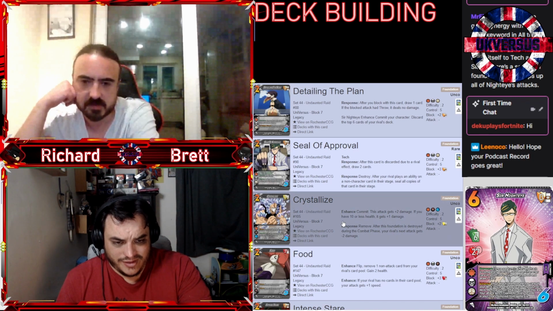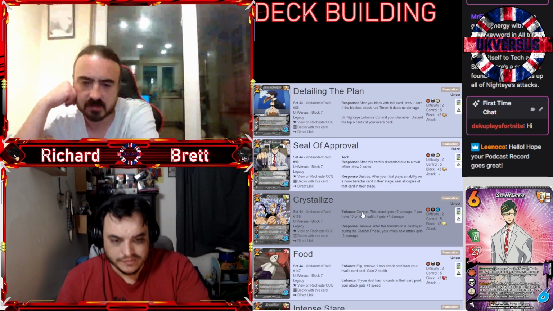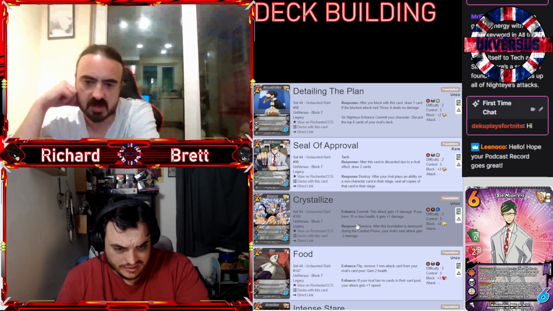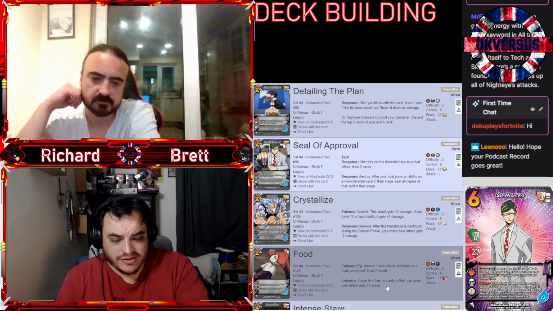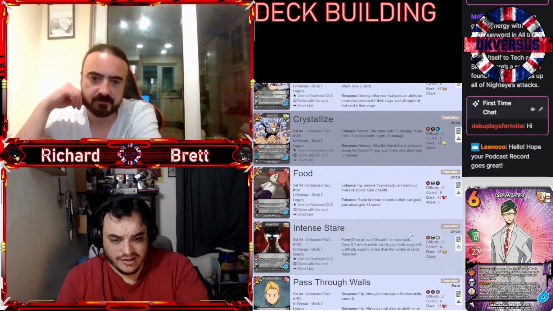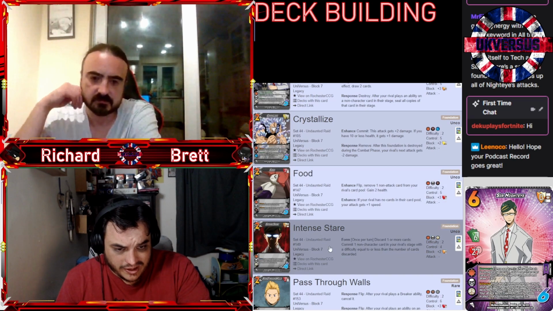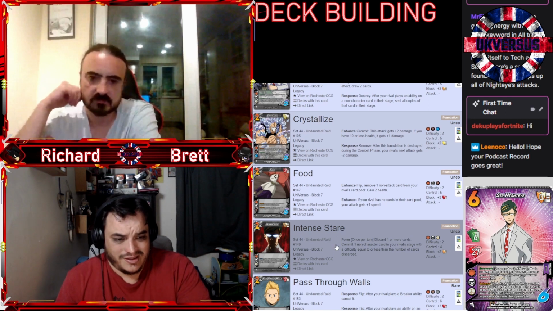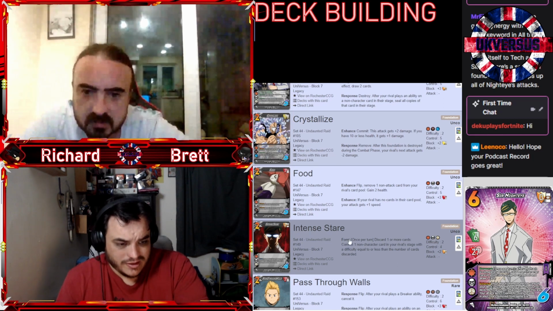Crystallize. Not great. This thing is plus damage. Food. We're not stuffing, so I mean, it's plus one speed as long as the card pool's clear, seems solid. It's all right. It kind of encourages them to block, which is not too bad. Intense stare. Discard one more card. Commit one non-character card on your own stage. Not great. Draw one or more cards. Commit one character. Non-character card